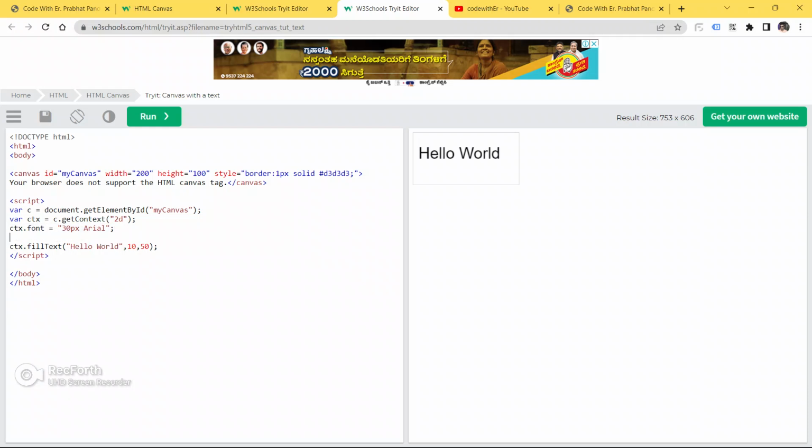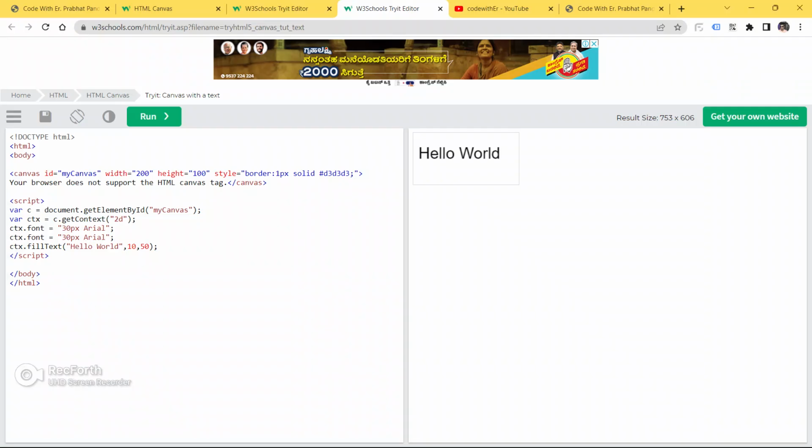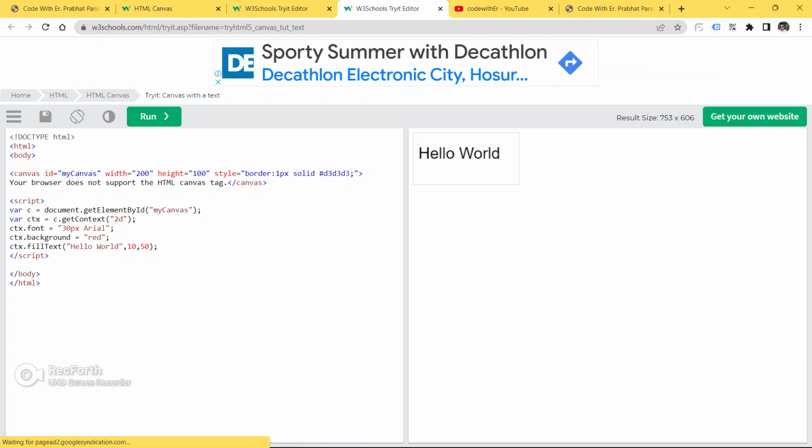Okay, guys, you can also copy this and paste it here. Give background as red and see if it works or not.